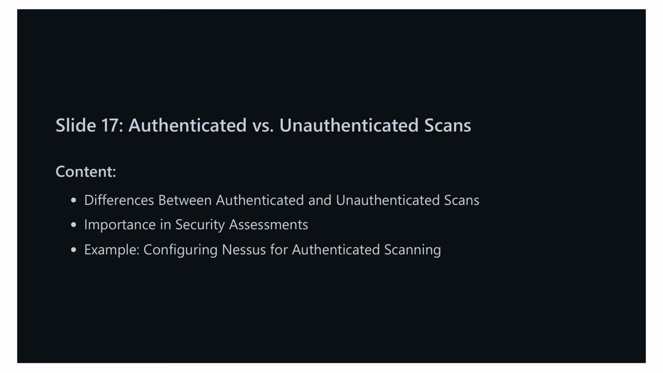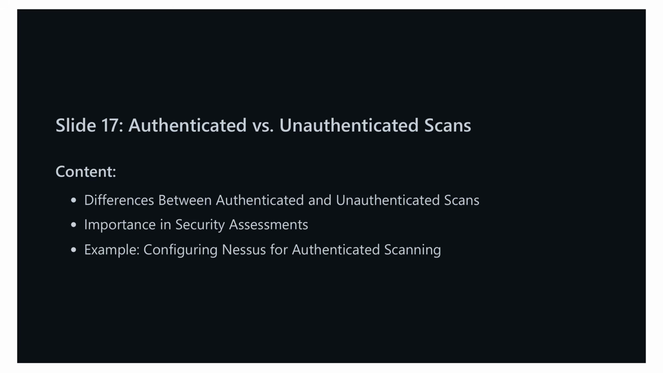Unauthenticated scans, on the other hand, do not use credentials and only assess the vulnerabilities visible without logging in. These scans are quicker, but might miss critical issues that an authenticated scan could uncover. The importance of distinguishing between these two types of scans lies in how comprehensive your security assessment needs to be. Authenticated scans provide a thorough evaluation, revealing more potential security risks, while unauthenticated scans offer a rapid but less detailed